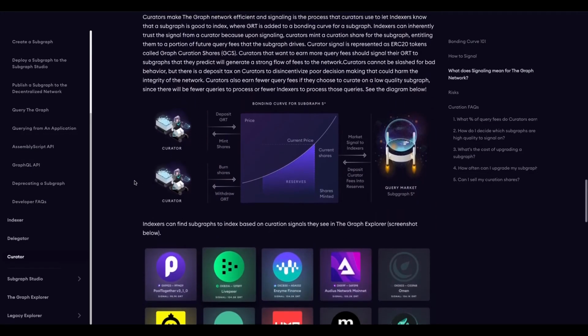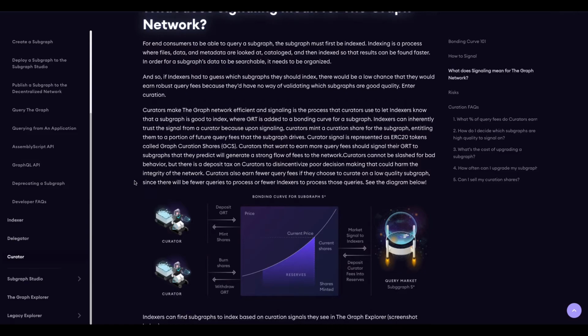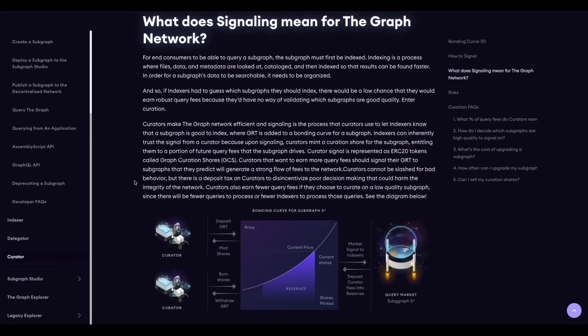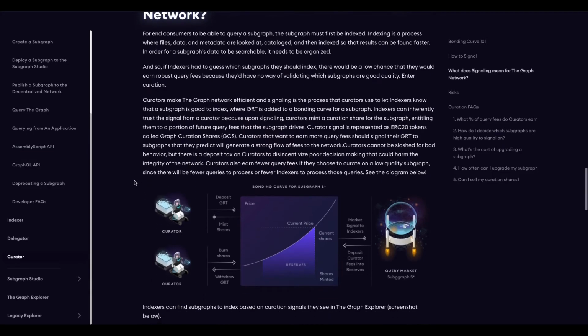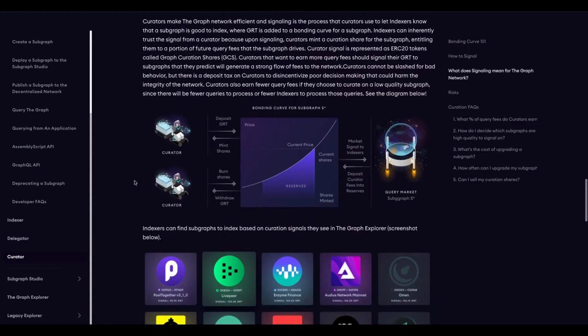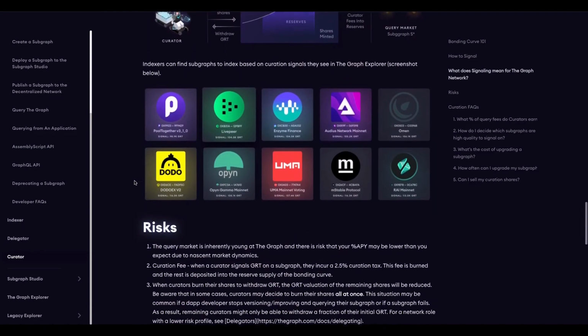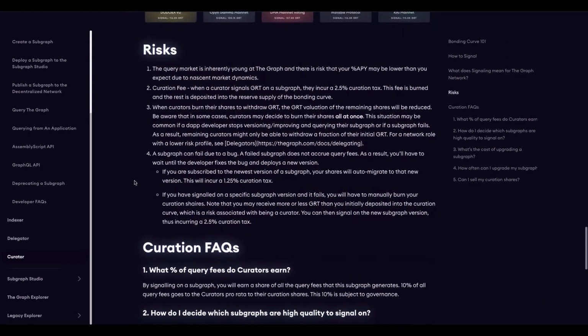And making a subgraph is permissionless, meaning anybody can utilize the GRT protocol. So curators have to choose carefully what subgraph they signal and add to the network. So yeah, that's why curation is very important for